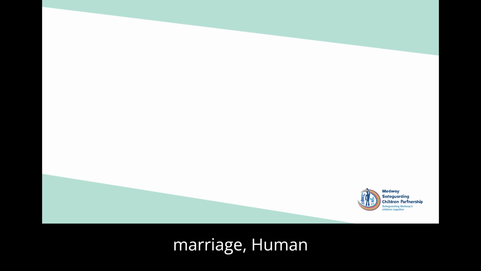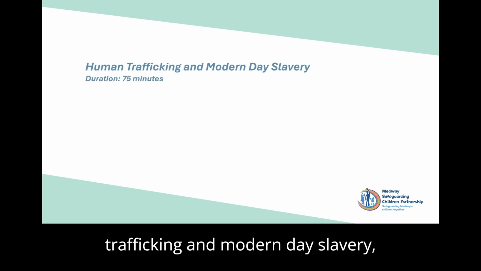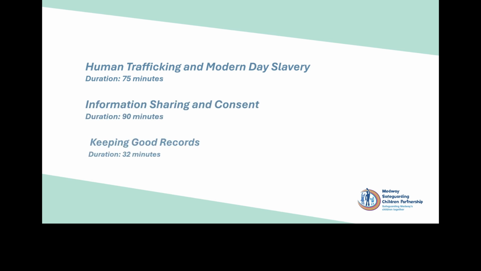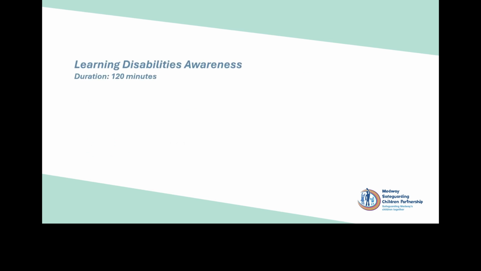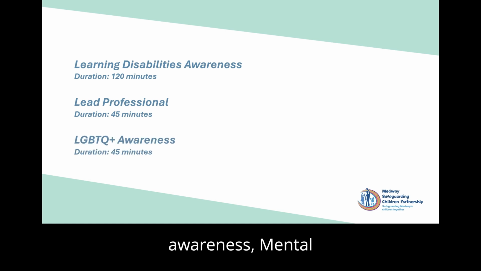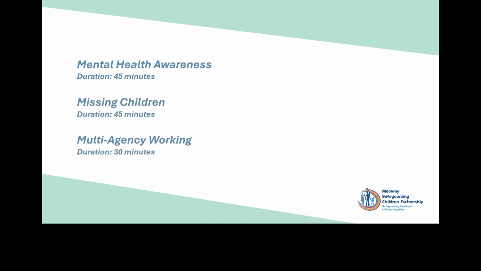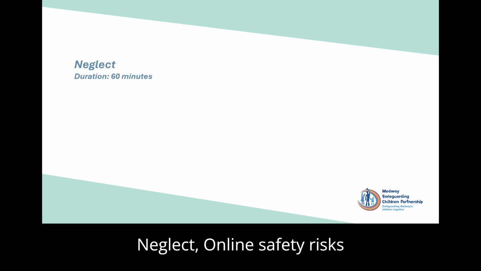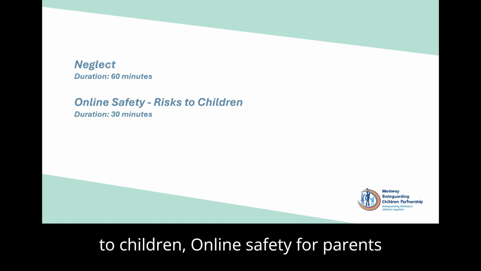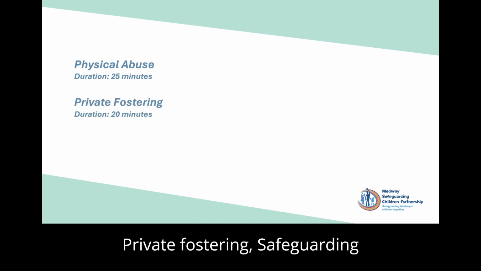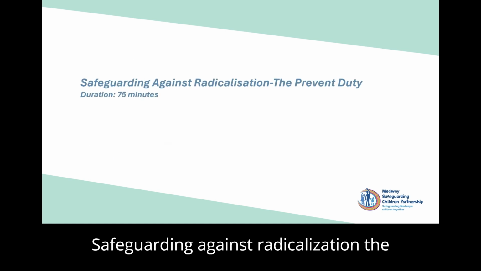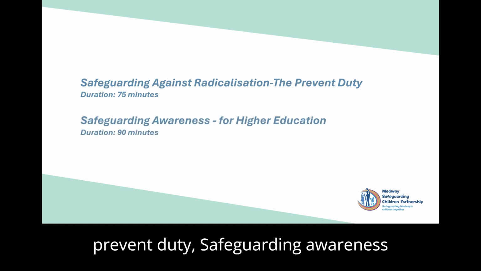honour-based violence and forced marriage, human trafficking and modern day slavery, information sharing and consent, keeping good records, learning disabilities awareness, lead professional, LGBTQ+ awareness, mental health awareness, missing children, multi-agency working, neglect, online safety risks to children, online safety for parents and carers, physical abuse, private fostering, safeguarding adults level 1, safeguarding against radicalisation, the prevent duty, safeguarding awareness for higher education,